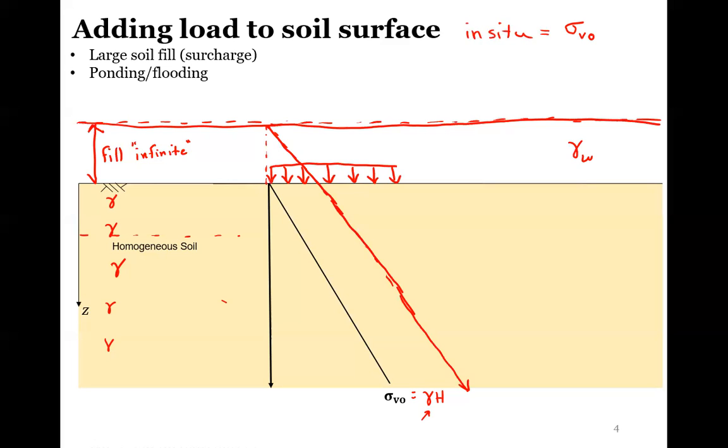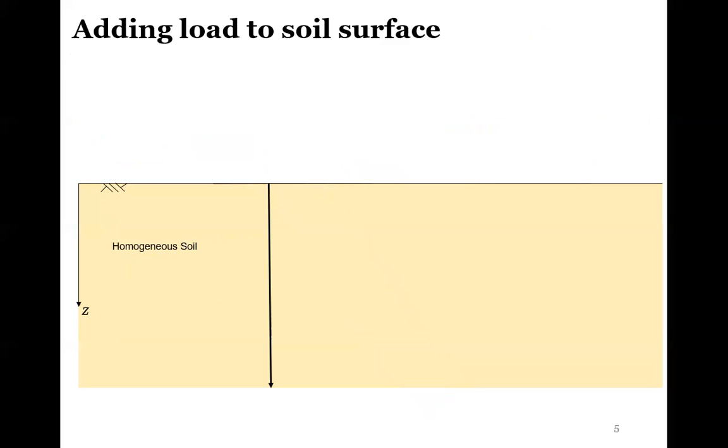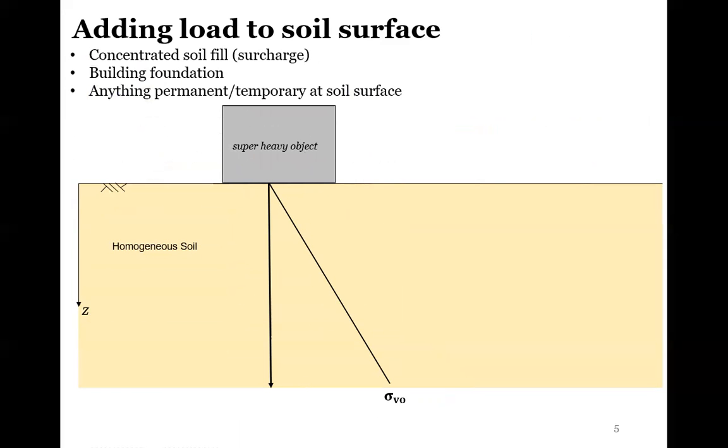Most of the time, though, when it comes to geotechnical engineering projects, we aren't going to be adding a massive amount of fill. We're not going to be changing an entire project site, adding giant acres of soil. Instead, we would be adding just one isolated object, like a skinny roadway, or a building foundation, or a warehouse, or even a dam. These are going to be concentrated soil fills. These are going to be building foundations. These are going to be anything permanent or temporary at the soil surface